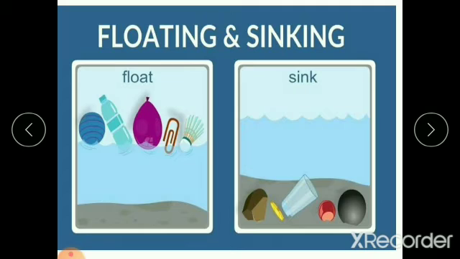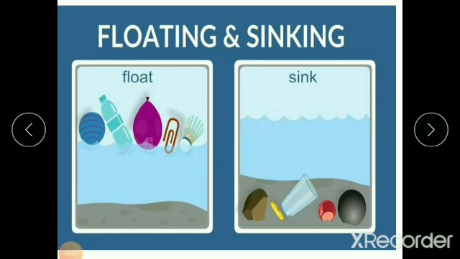Next, floating and sinking. You might have played in water, placing many objects in the water, right? But you can observe that only some objects float and some objects sink. So in today's class we'll see how only some objects float and some sink. You may say that it is because of the mass. But when you drop a pin, it will sink in the water, while a large boat floats on the water. So it is not only because of the mass. We will see why some objects float and some sink in water.